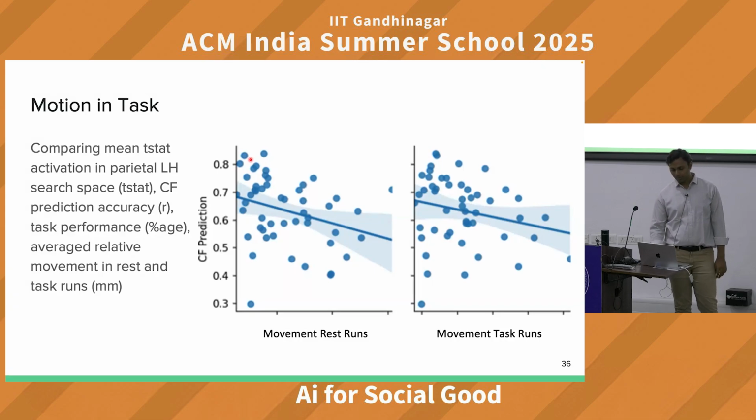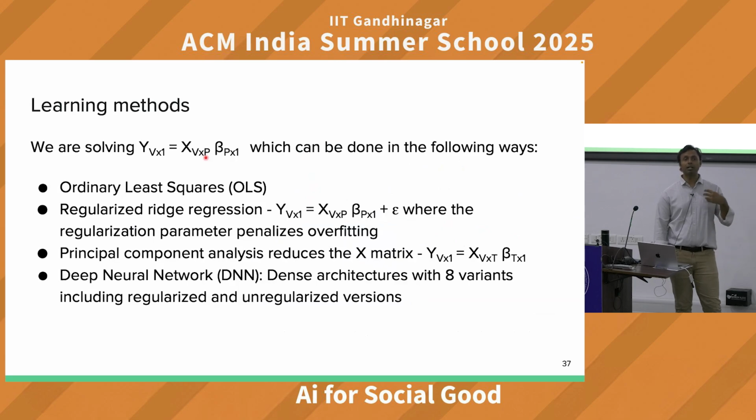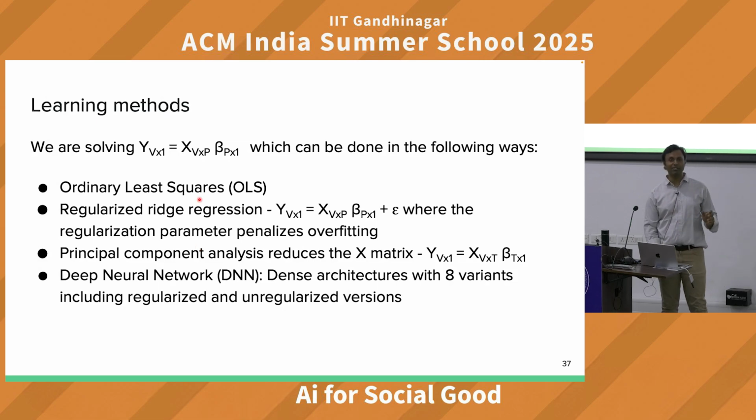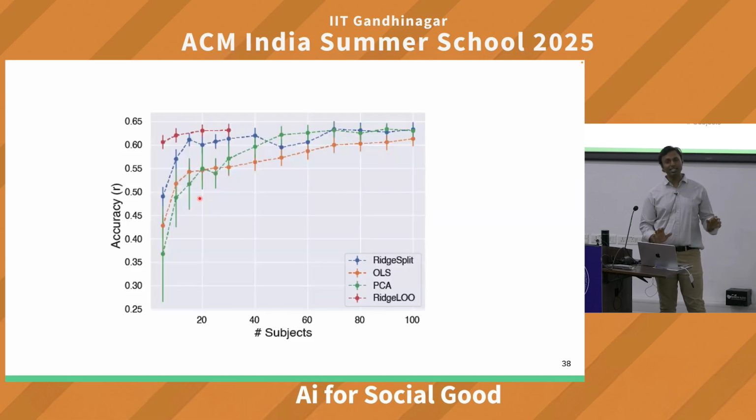ठीक है. We wanted to look at different algorithms. How do they do if we use ordinary least squares, ridge regression, principal component analysis, or a deep neural network. Again, I'm not sure. AI एक जमाने में ये पहले 3 भी हुआ करते थे. If you don't remember, for a long period of AI, regression used to be like an AI method. Now anything less than 20 layers of deep neural network is not considered AI. ऐसा नहीं. एक जमाना था कि you could do pretty well with regression, and what is similar.